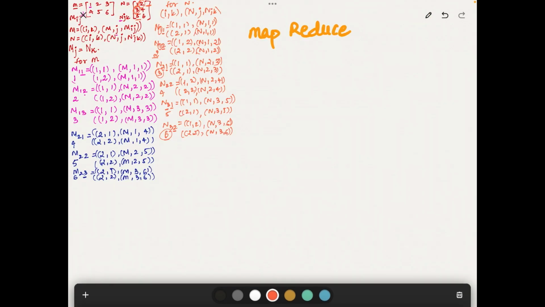Okay, so we have completed the entire calculation. So the map part of the one-step MapReduce function is completed. Now we have to move to the reduce part. So in the reduce function,